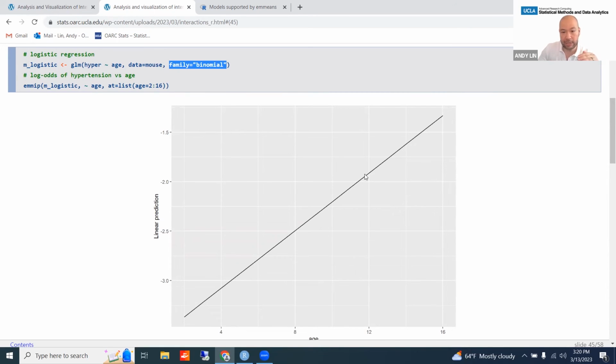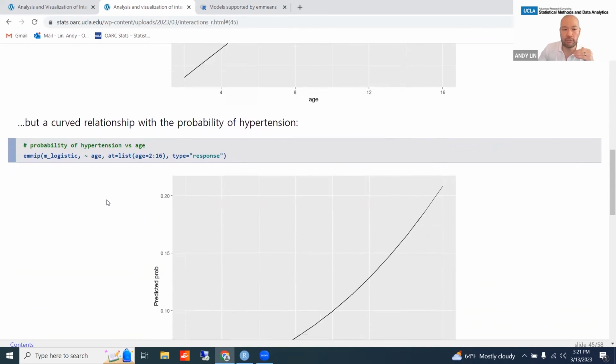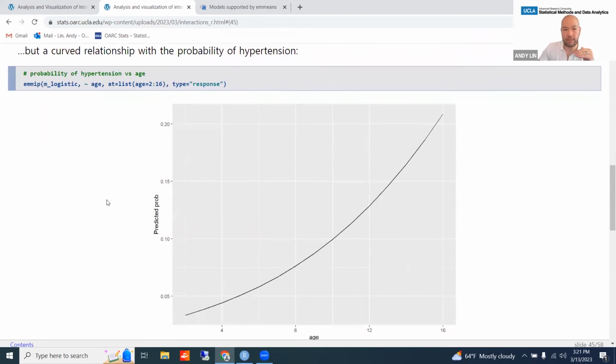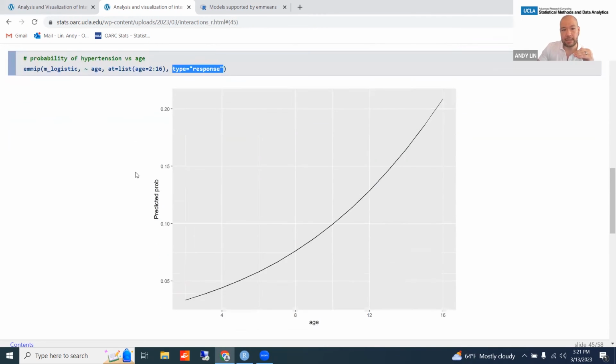And here you can see clearly that age has a linear relationship with the log odds of hypertension, okay? Or the logit of hypertension. But it has a curved relationship with the probability of hypertension. So what I did here is I added type equals response to EMMIP, and that transforms the outcome to its original metric, which here is probabilities. All right, so now you can see probabilities on the y-axis, and you can see that age has a curved